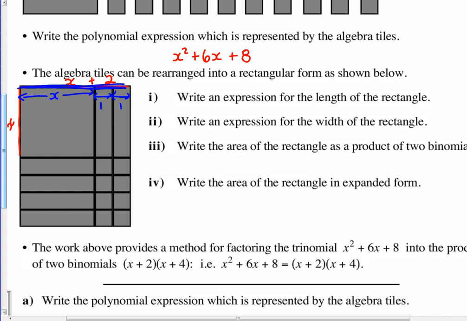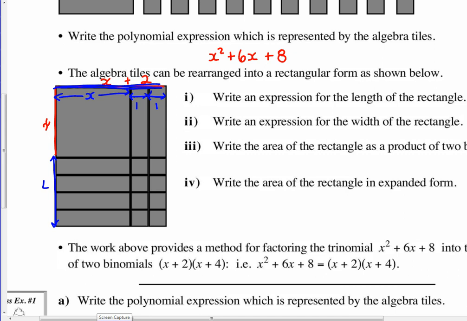Okay? So what would be the dimension of the other side? It'd be x plus what? What's that length here? How many units? 4 units. Yeah, that'd be 4 units. So x plus 4. So one of the sides is x plus 4, and the other one is x plus 2. And together, if you multiply that, that will give you your area of x squared plus 6x plus 8. Okay? So as a product,